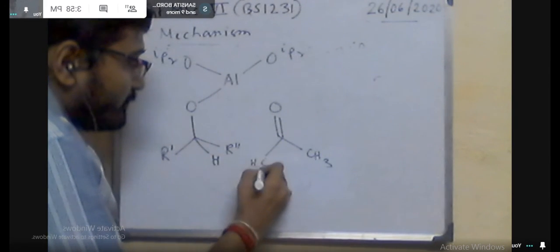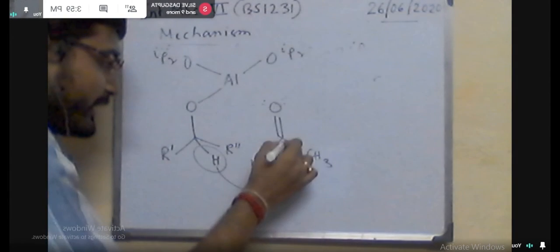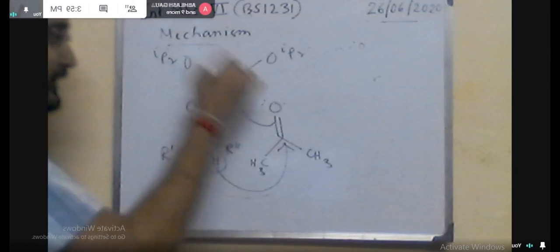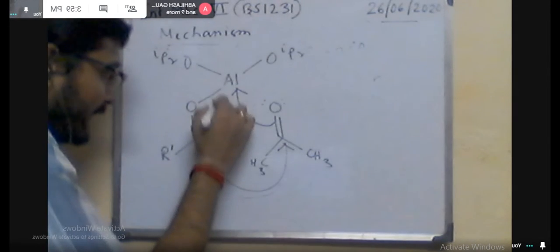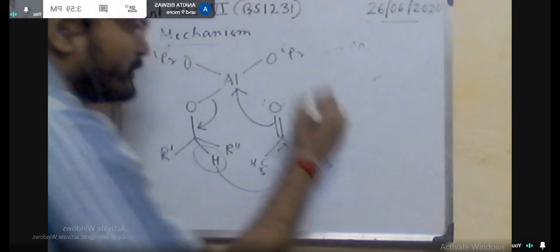So as a whole, 1 2 3 4 5 6, a 6-membered cyclic transition state is here, and it is energetically, that means thermodynamically, stable. So the product will be